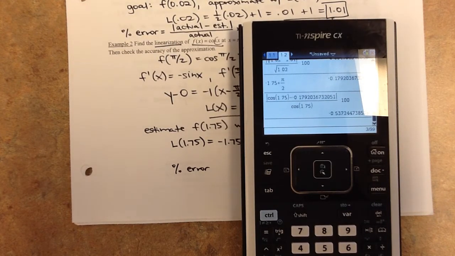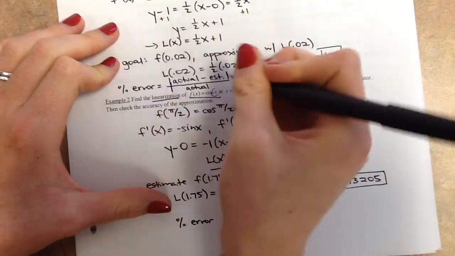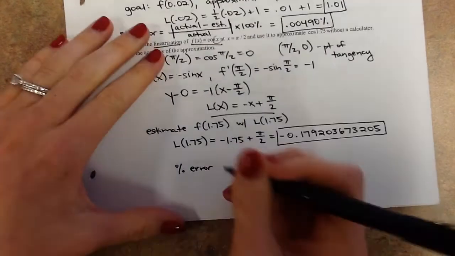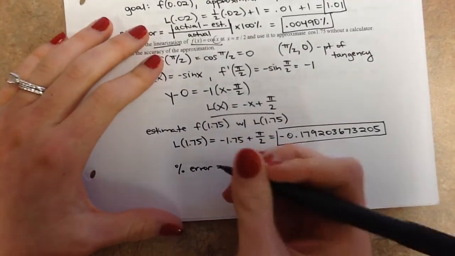Okay, so let's see. That should always be absolute value. I'm sorry, what did I? This should be around the entire thing. Let's try that again. I was wondering why that came out to be negative. So that should be around the entire thing. So my percent error would be